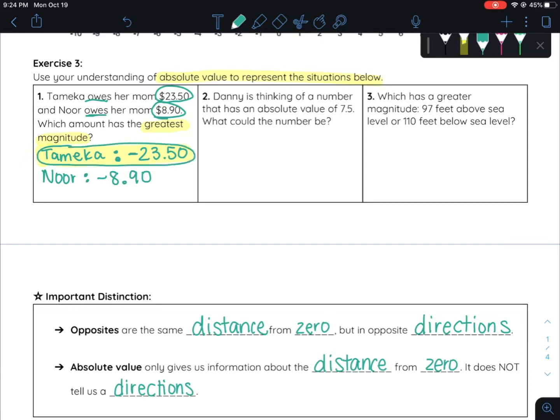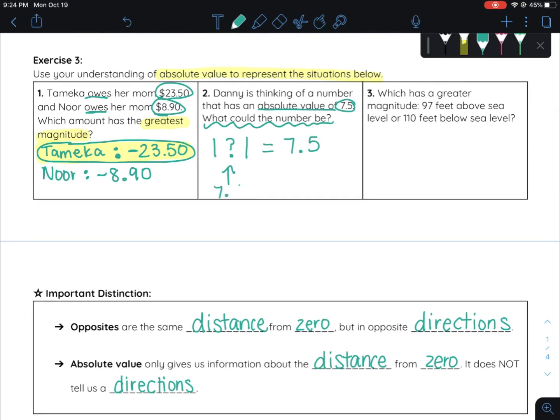All right, number 2. Danny is thinking of a number that has an absolute value of 7.5. What could the number be? Well, if the absolute value is 7.5, that means that whatever was in this box had to be 7.5 away from 0. So it could be 7.5, right? Or it could be negative 7.5. So when we have an absolute value, we don't actually know if we started with the positive or the negative